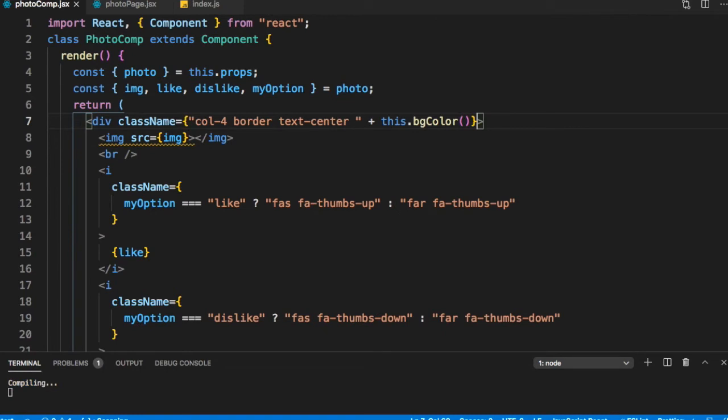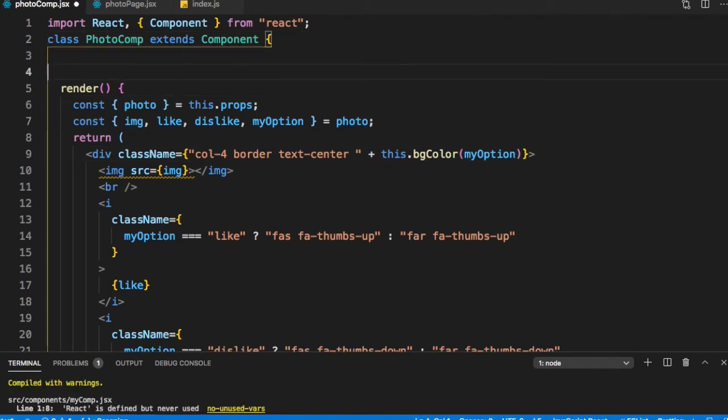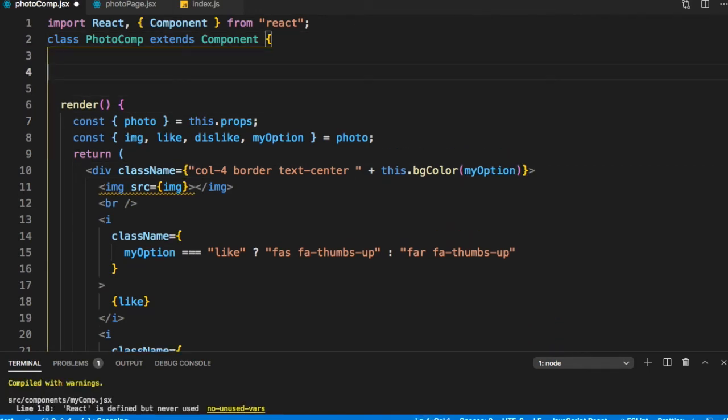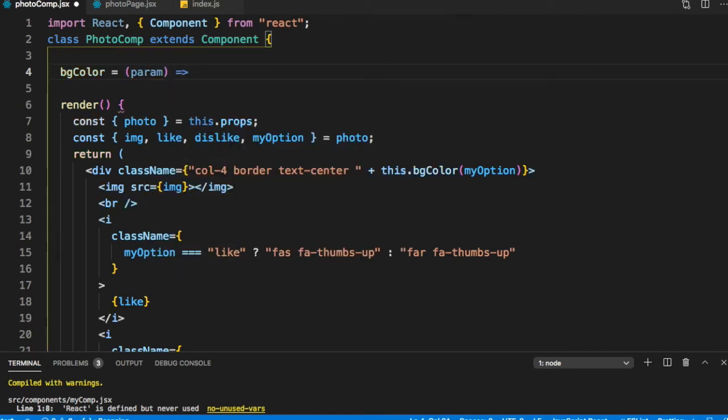So we need to show the bg color, and for the bg color we will just pass this value my option. So let us define this function bg color. So let's say bg color is equal to, it takes say a parameter, and what should it return?